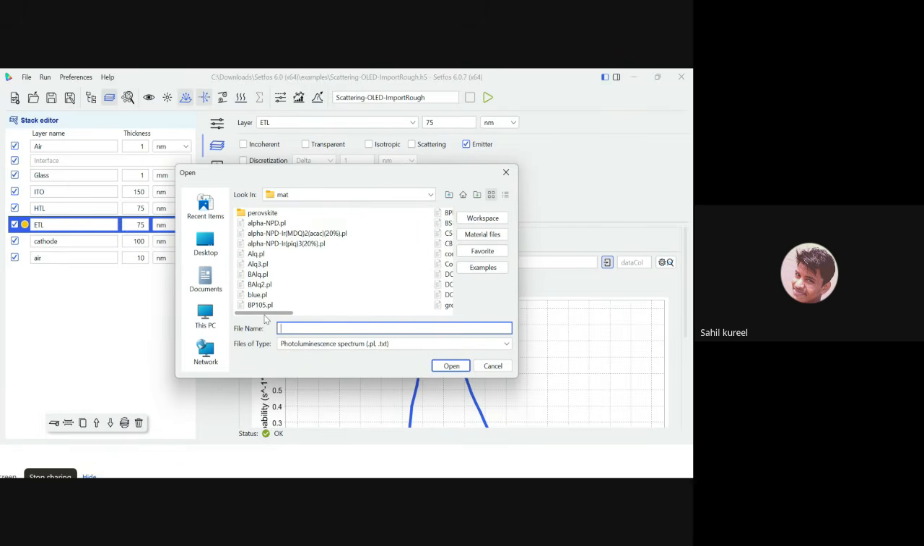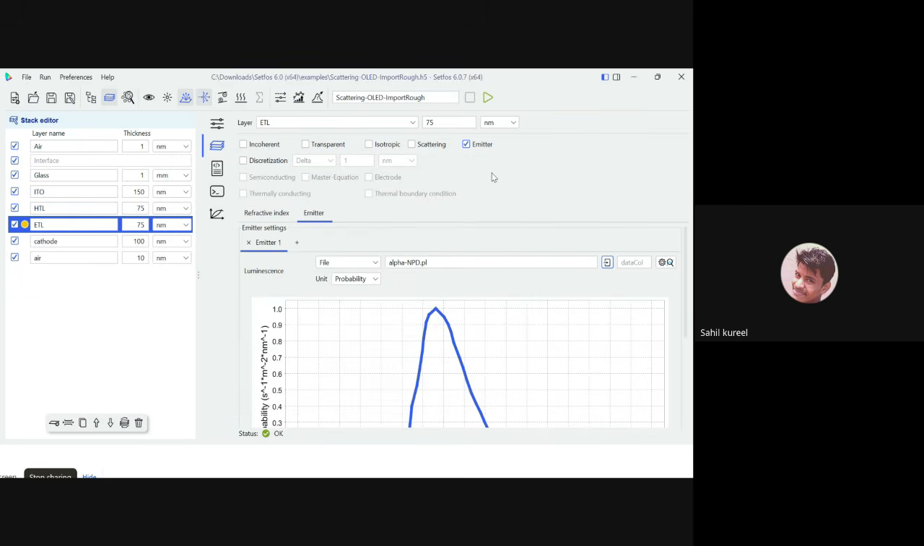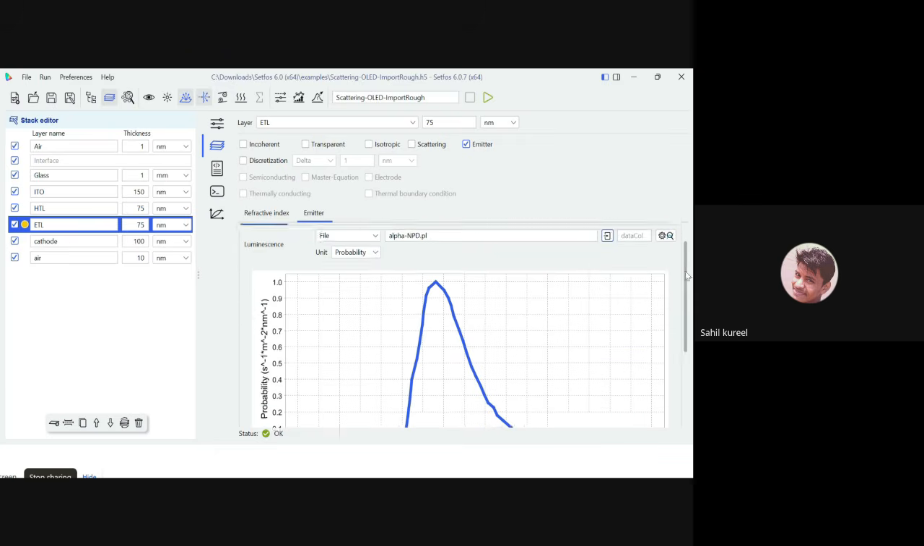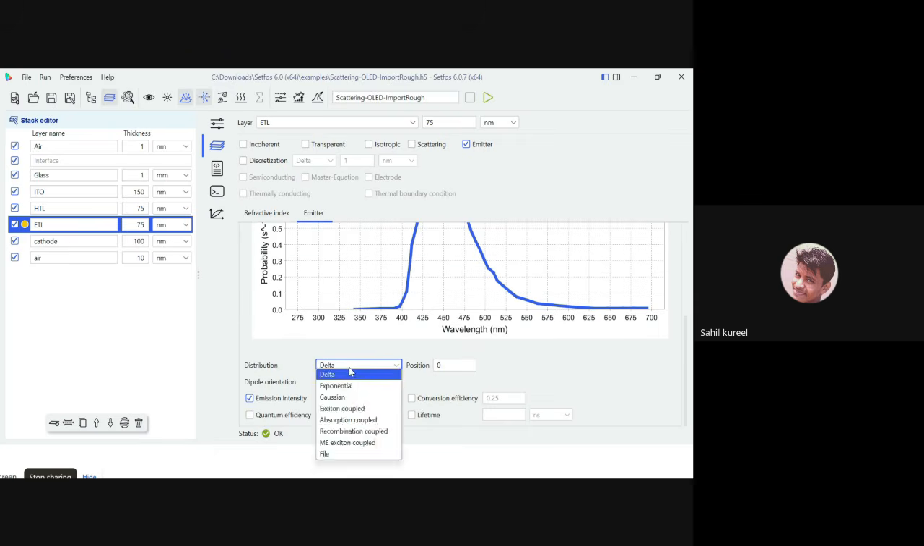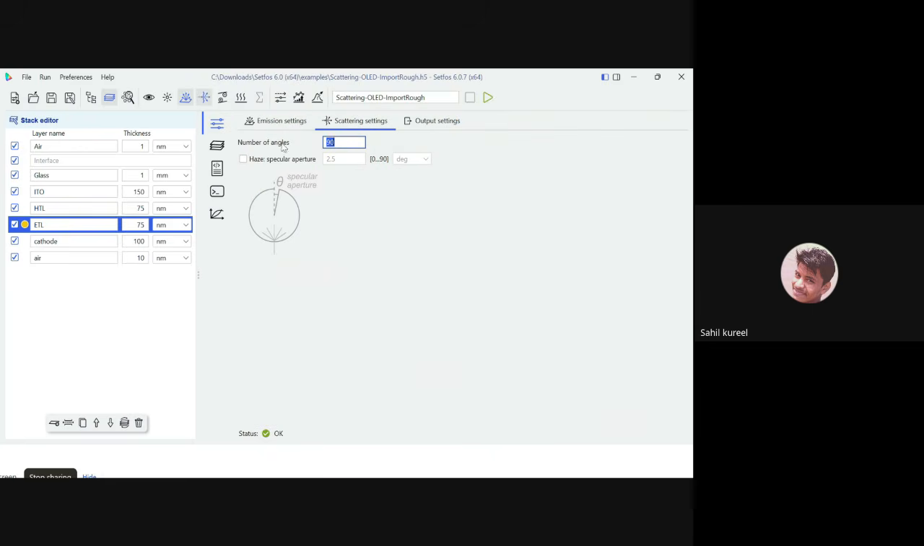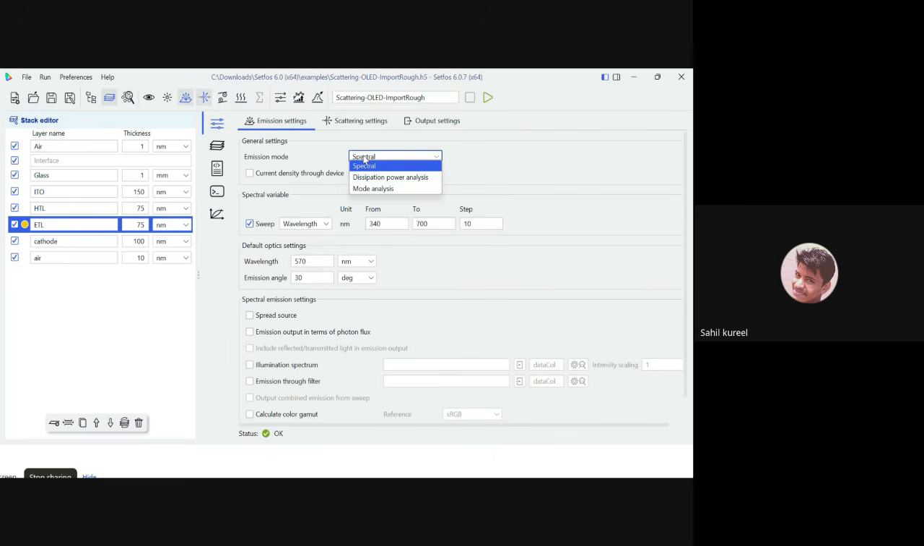like you can see photoluminescence spectrum files, and in the bottom side you can see the range, dipole distributions. So different settings you can provide. You can also set spectral dissipation power analysis and mode analysis, and it is a